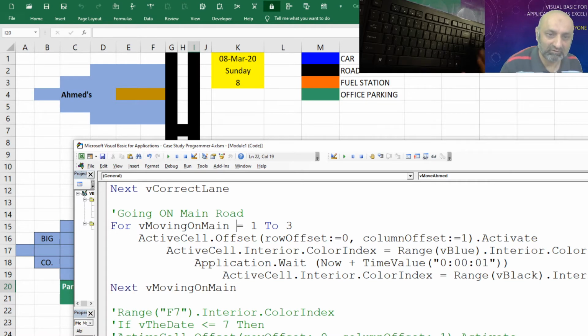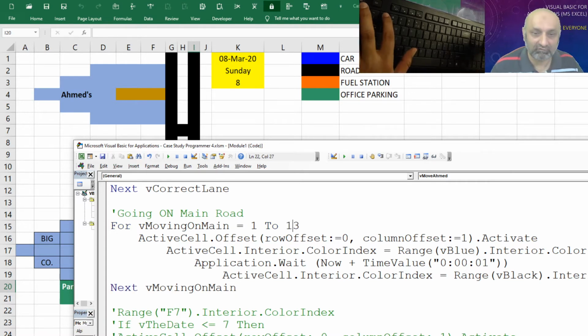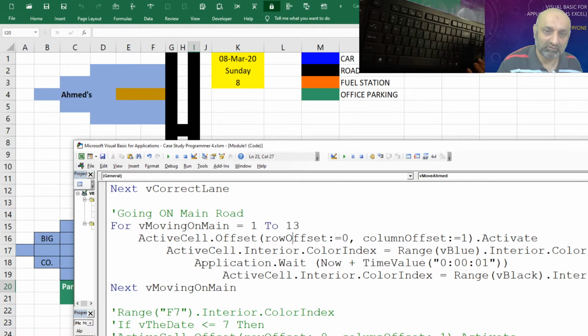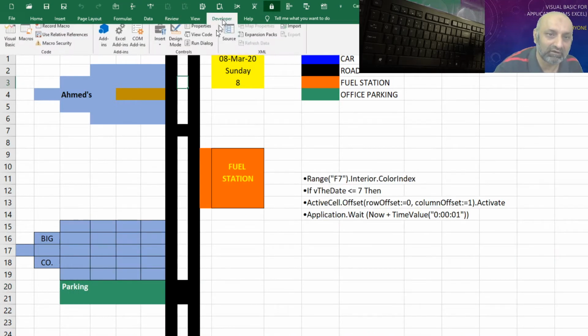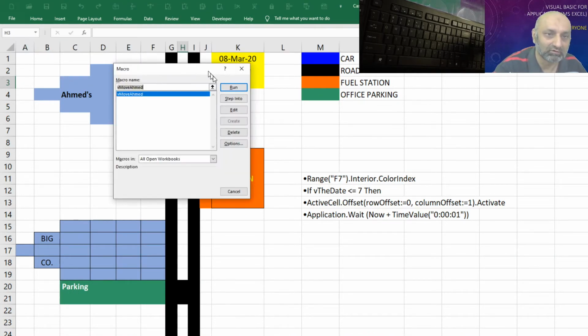So this time we need to repeat the commands 13 times. We move 13 times, and this time it is coming down, so row numbers are increasing. Row offset should be 1, column offset should be 0, and blue, then wait for 1 second, and then black. I think this will work. Let's try to run and see if this works or not.